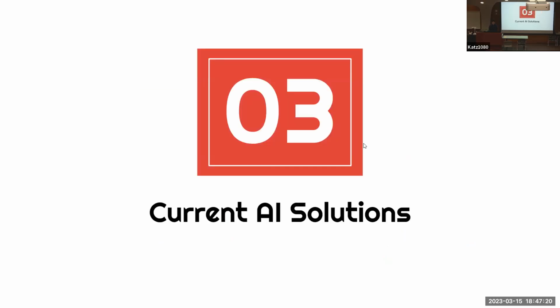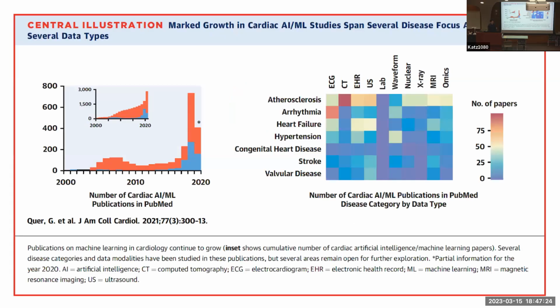All right, so what are some current AI solutions that are being used to address these goals? The first thing that we want to talk about is this paper. It's a systematic review of what's being done in the space right now. And what it shows is that the number of papers in cardiac AI has been increasing rapidly during the last few years. So originally, radiology and pathology were what